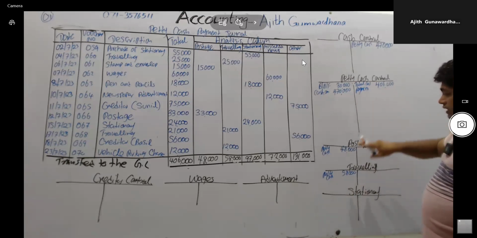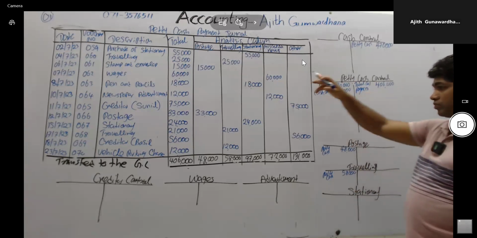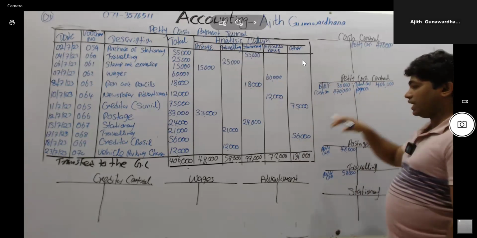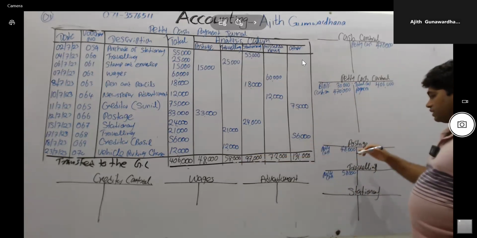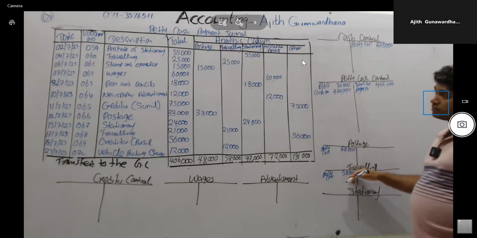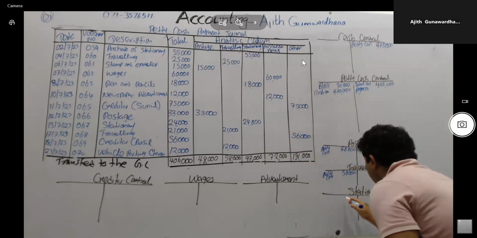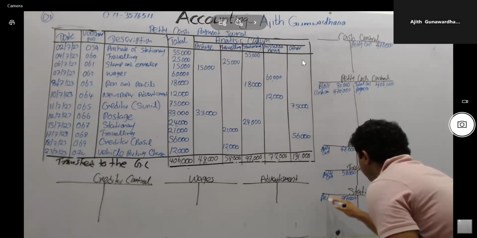And all other ledger accounts debit. Petty cash control account credit, total column total value, or petty cash control account can be recorded with the analysis column total value also. Then debit all other ledger accounts. Postage account debit, traveling account debit, and stationery. The total value equal 97,000 debit as a petty cash control.